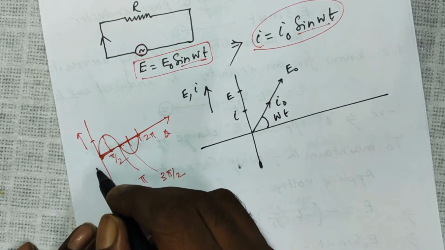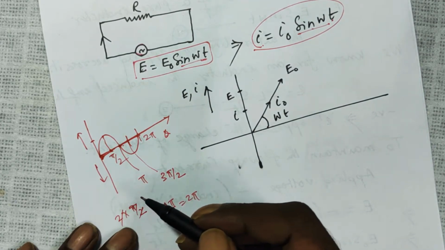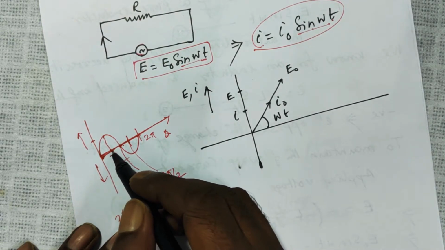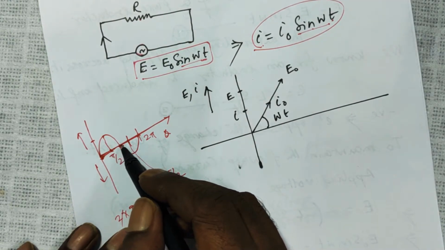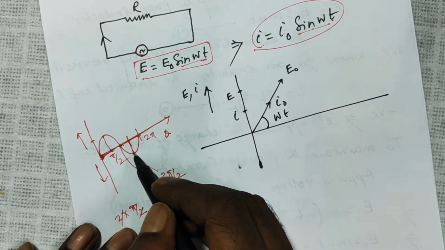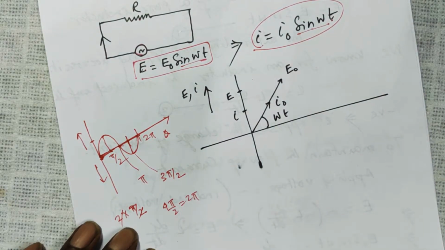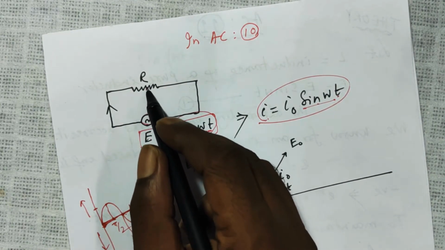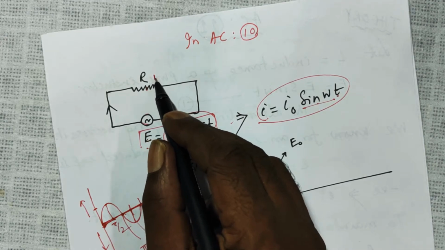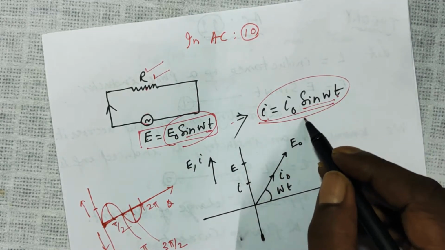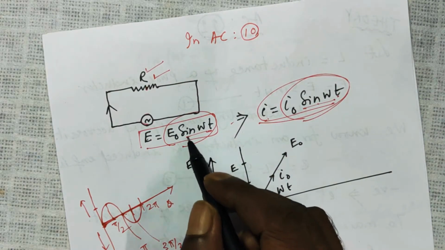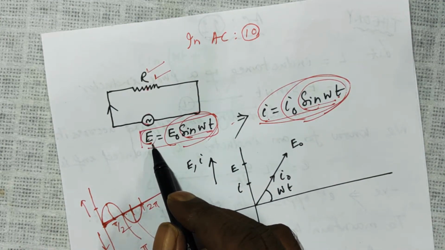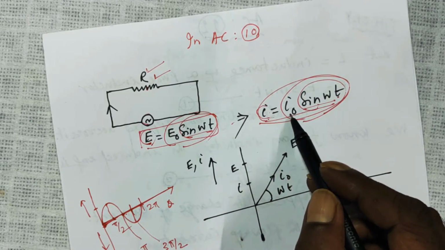To this side is the value of sine, to this side is the angle. Now sine 0 is 0, sine 90 is 1, sine 180 is 0, again maximum here, again 0 here. Now what I had explained to you, if an alternating EMF is applied across a resistance R, then the current was also alternating. And if you look at this function and this function, they are identical. Means when E reaches the maximum value, I reaches the maximum value.